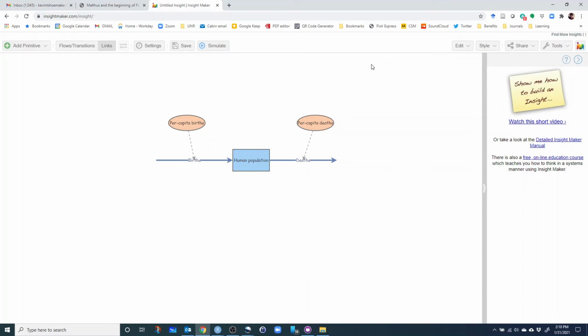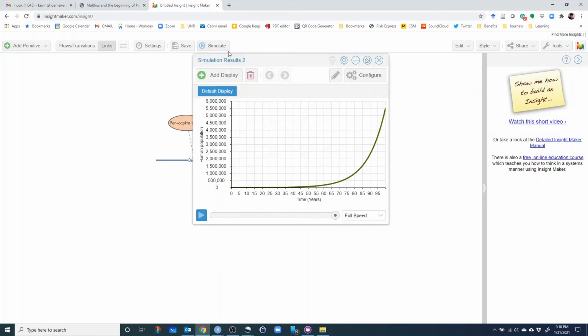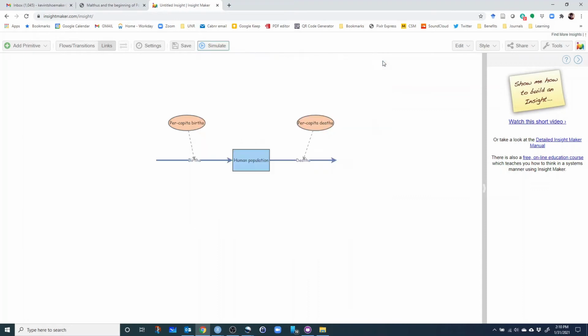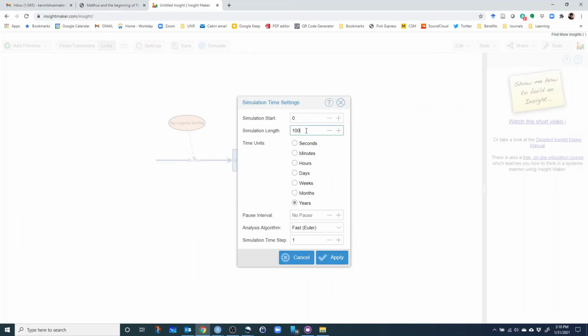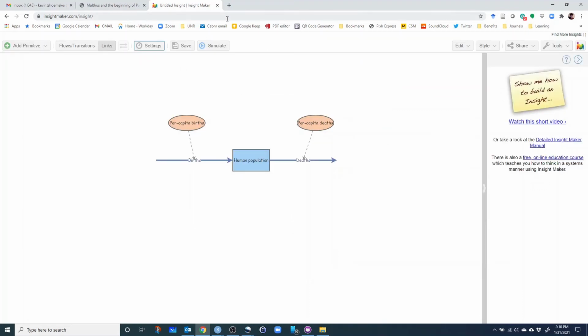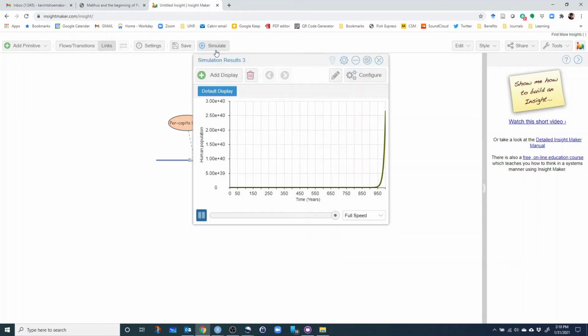Now, Malthus said that exponential growth can't go on forever. And that does seem like a fairly obvious point because exponential growth is pretty powerful. And, you know, if we wanted to run this model for even longer, say 1,000 years, we could. And I don't know if I even want to look at it, but now after 1,000 years, we have 3 times 10 to the 40th, or 40 zeros. I don't know how to name that number,